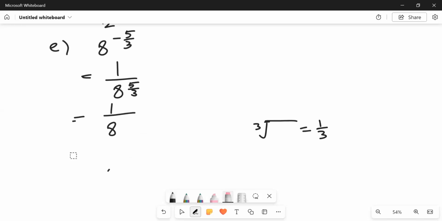I have to make it as easy as possible. So here I will write it as 5, 1 by 3, power 3 will be